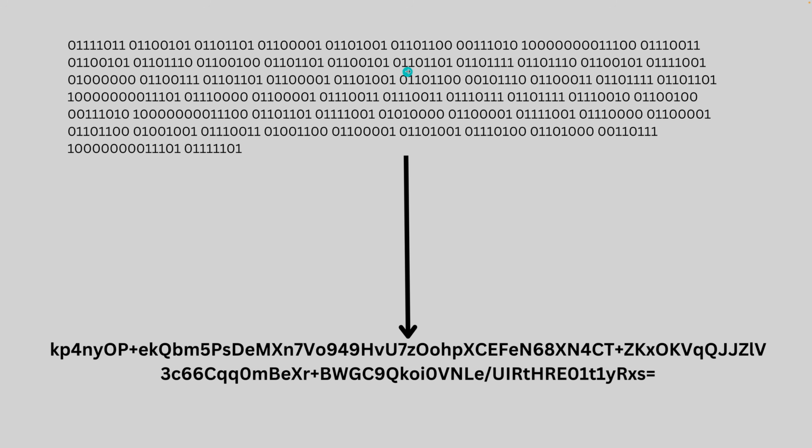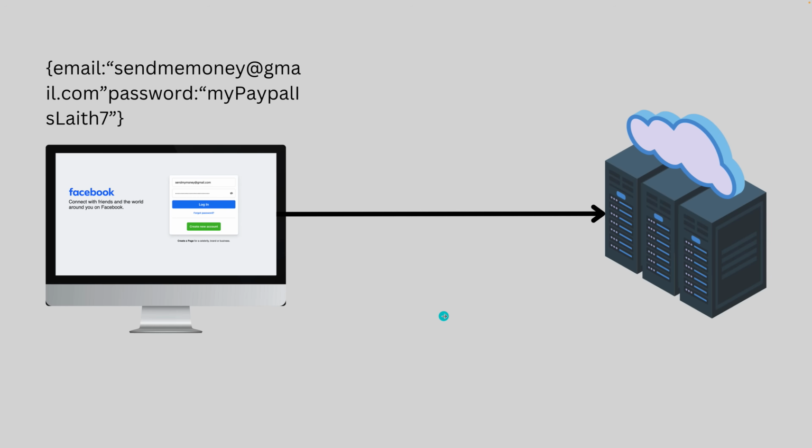But once I get it and I convert it back to its string form, this is what I see. This is going to make no sense to me, and there's no way that I can convert it to its decrypted form because I don't have access to that key. I can only do that if I had access to the encryption key. All right, so this is why encryption is very important. But just like I don't have the key, or like some sort of malicious user doesn't have the key,